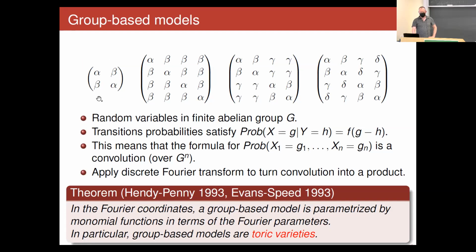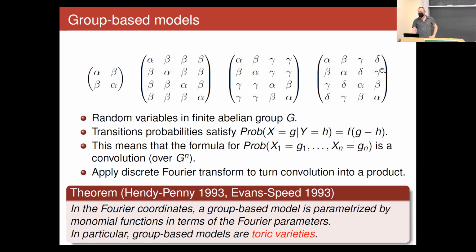There's a model not for DNA sequences, but just for binary characters, where you have a symmetric transition matrix. It looks like this. There's beta, which is the probability of swapping from a 0 to a 1, and then alpha, the probability of staying at whatever state you're at. And then these other models: the Jukes-Cantor model, the Kimura 2-parameter model,